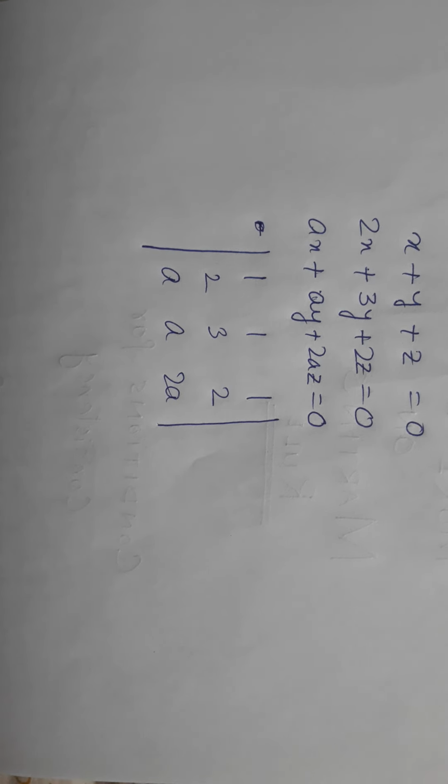For that, we will find out the determinant of the coefficient matrix. Now the value of the determinant is coming A. So therefore the system has a unique solution if the determinant is not equal to 0. Now it is given that it has other solutions also, other than 0. So therefore the determinant of this matrix must be equal to 0. So therefore the value of A will be equal to 0.